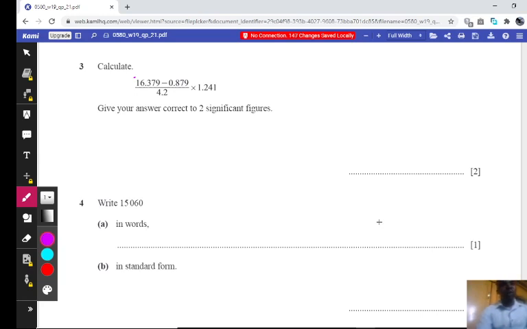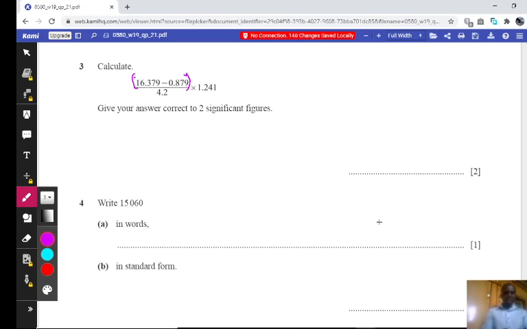Then times this one, or you can put this in brackets, then say times 1.241. Then the answer that you get, you divide by 4.2. But it's very important to know how to punch in your calculator. Please. It's very important. So you say bracket, then